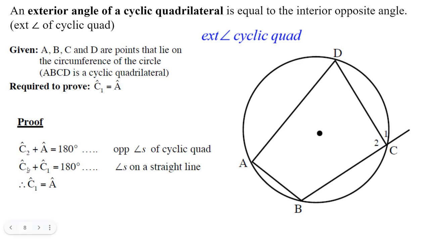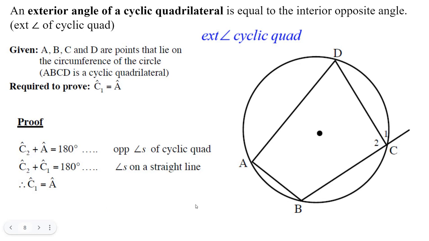Well, that means the only way these could be equal to 180 is if A and C1 were equal to each other, because C2 plus A and C2 plus C1 equal the same thing. You could just let them equal to each other, subtract the C2s, and you get this,